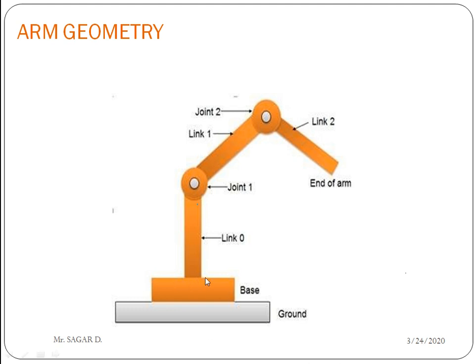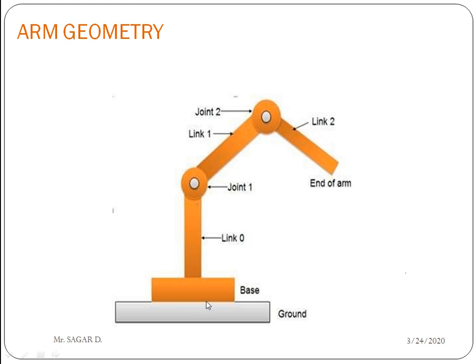Generally the base of the robo is stationary, and the naming convention from the base is: the first element is a link, then another element is a joint, again a link, again a joint and link. A link is a rigid body, also called the manipulator, and a joint is the connecting point of two links. So this is joint 1, this is joint 2.